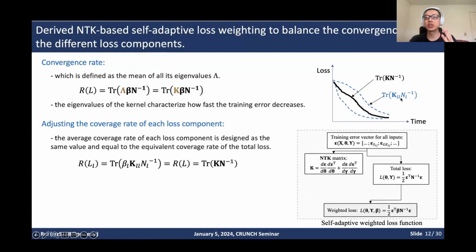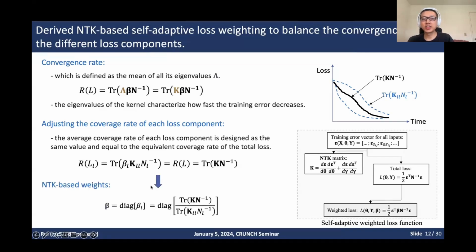So what we try to do is, as we know, each loss component will have a different convergence rate. So we try to assign a beta for each loss component and make sure all the loss components are converging at the same pace, just like the equivalent convergence rate of the total loss function. So in that case, we can determine the weights, which is a function, by solving these equations, the last equations, and it is a function of the trace of the total kernel divided by the kernel for the particular loss